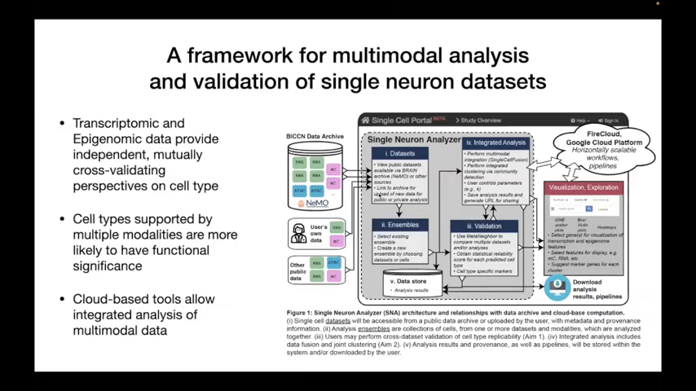What I want to tell you about today are the tools that we've developed for interacting with multimodal data. Multimodal interaction and integration is really essential because by looking at cell types across different modalities, in particular transcriptomic and epigenomic data, we can get independent and mutually cross-validating perspectives on the cell types. For example, if there's a cell that has one particular gene that seems to be expressed compared to other cells, sometimes it's unclear how to interpret that, and whether that's really a genuine stable difference in cell type,